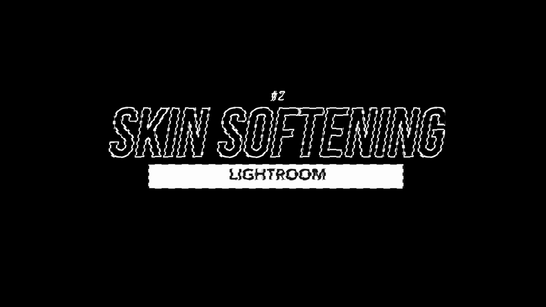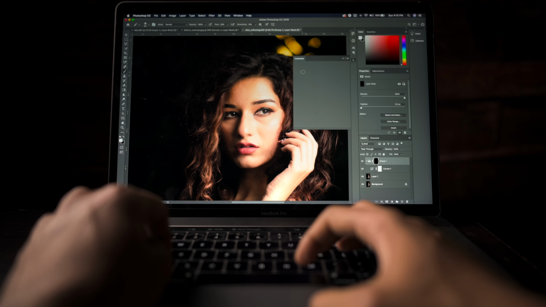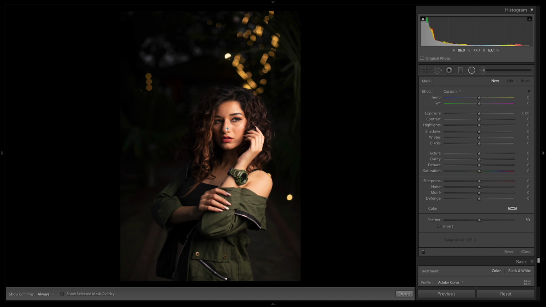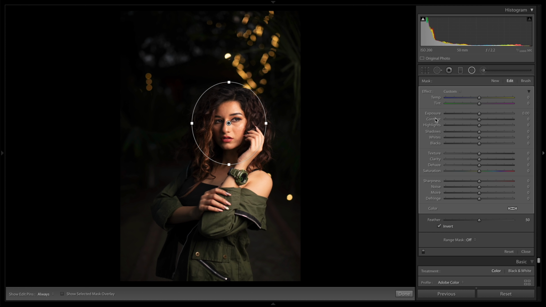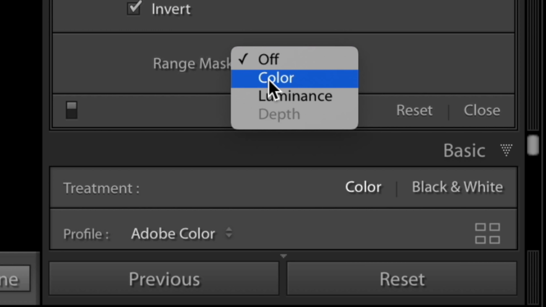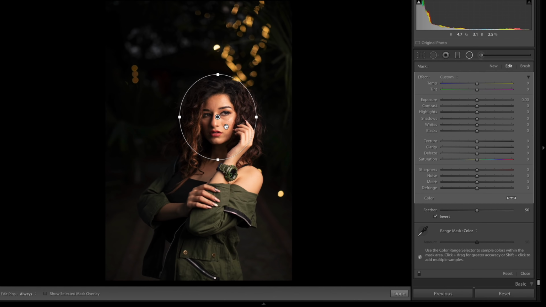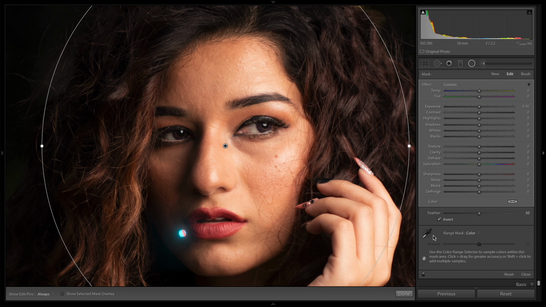For that, let's go to the next tip, and that is skin softening in Lightroom. Now, there are a lot of advanced techniques in Photoshop for skin retouching, and this isn't one of them. But again, if you're editing in Lightroom and you want a quick way, this is the technique for you. The idea is to select the face with the radial filter and then use the range mask to select the skin. Now, rather than luminance, I will use color and select the color of the skin with the picker option